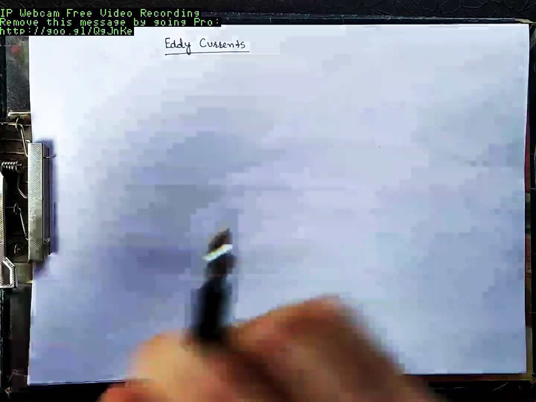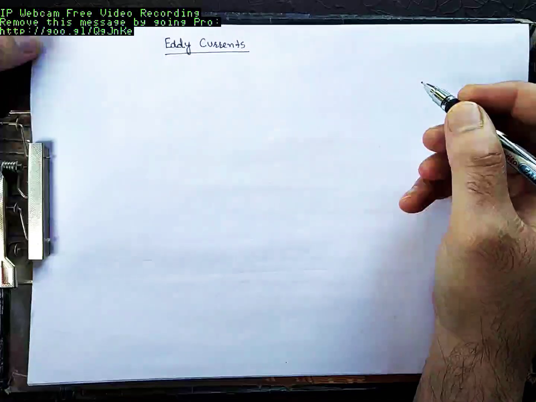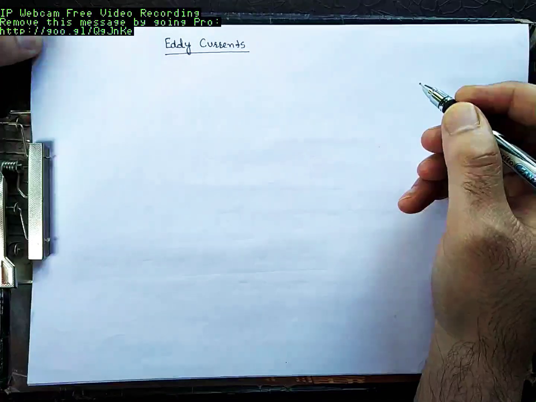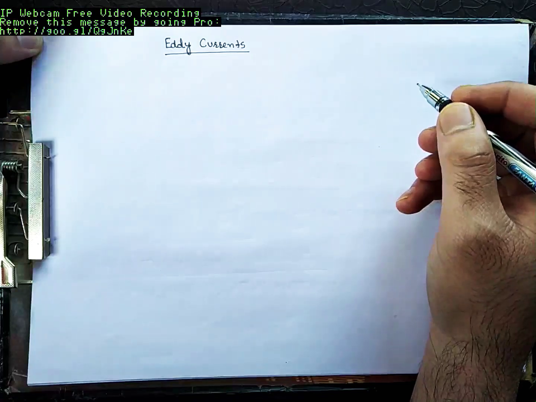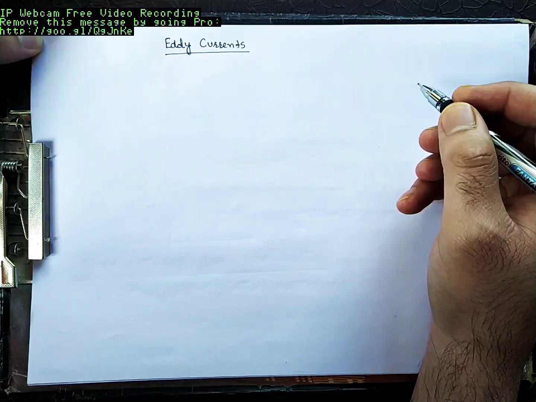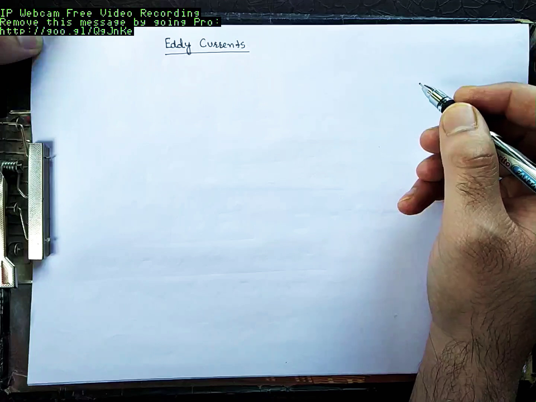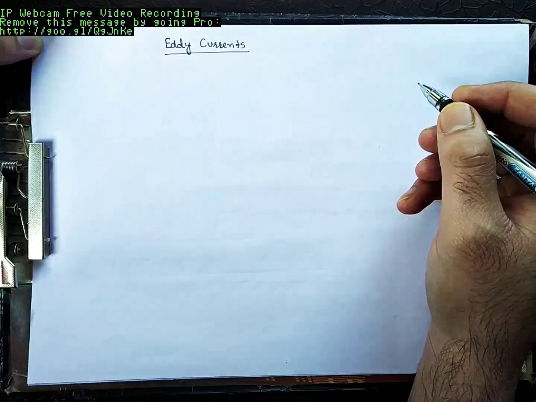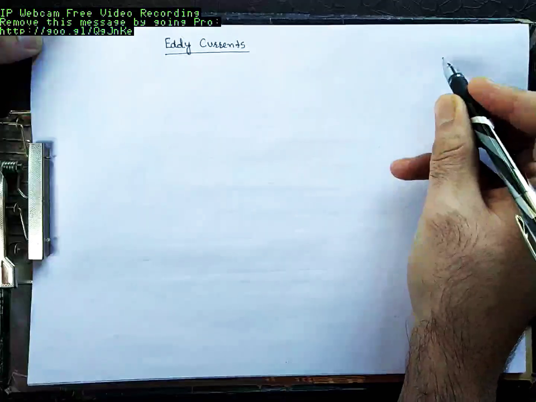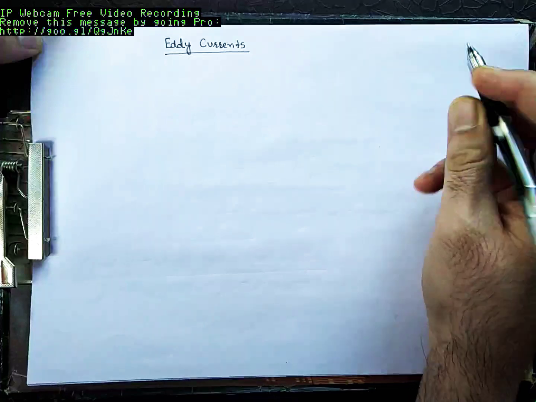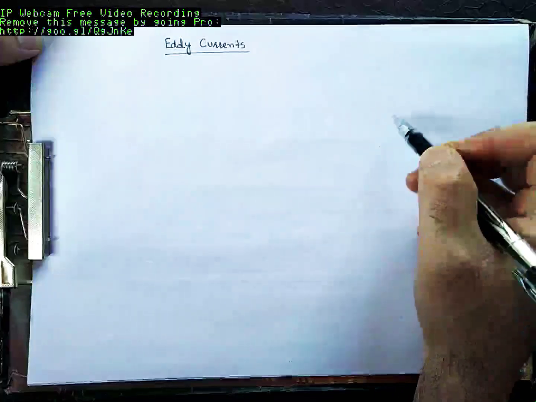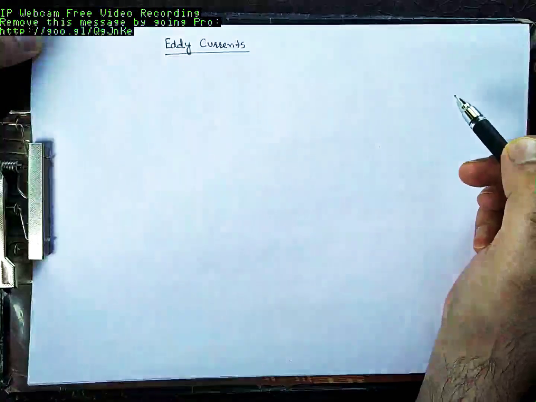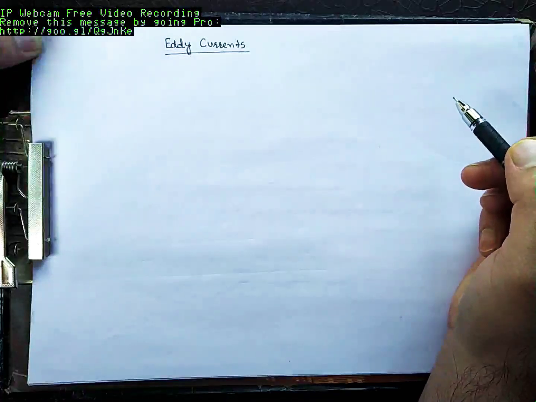So far, we have studied the electric currents induced in well-defined paths. What I mean to say by currents induced in well-defined paths is you have a rectangular conductor, you have a circular conductor, you have a straight conductor, fine? You have a triangular conductor, so you have a well-defined path and current is induced in that well-defined path.